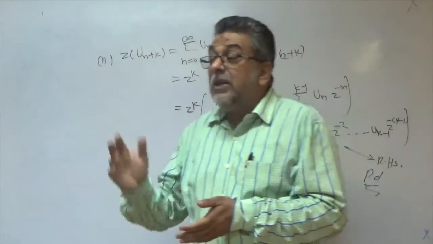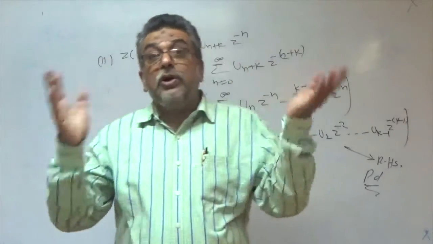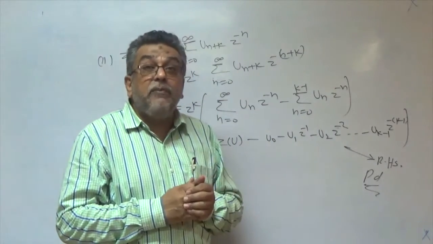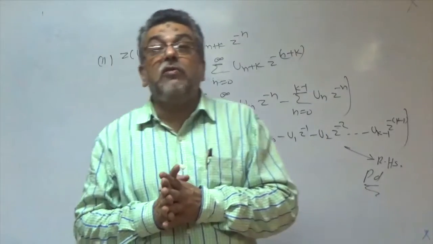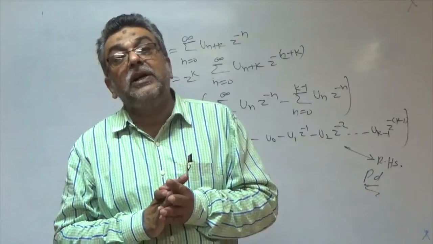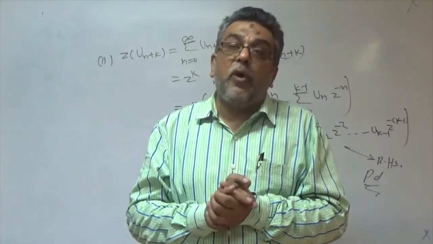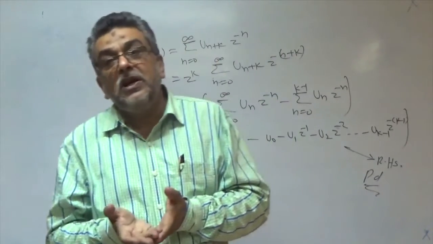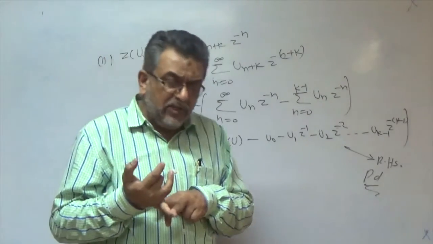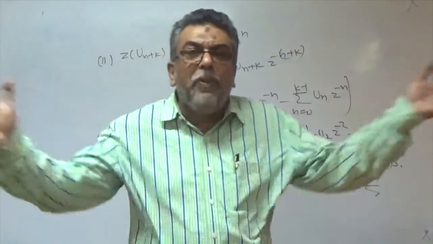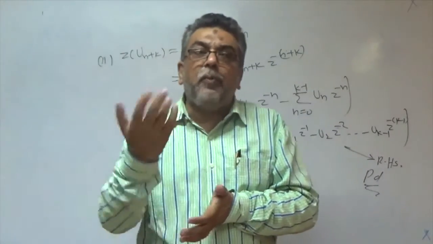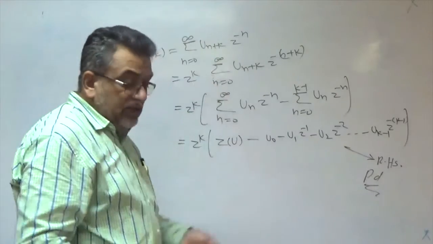But in other cases there are some more typical types of sums which you cannot solve directly by the simple, short method. So here we use some properties. I discussed the linearity property, in which the Z transform can be expanded over any linear combination. Second, I discussed the damping property, and third, I discussed the shifting property.